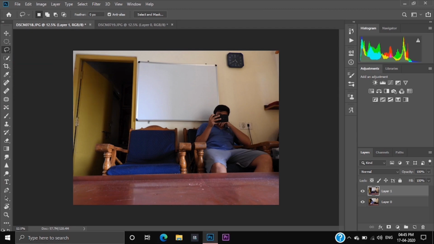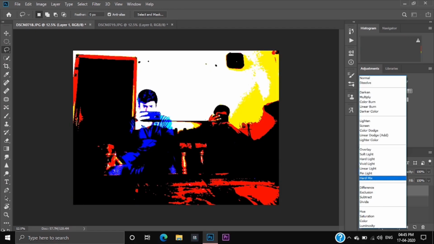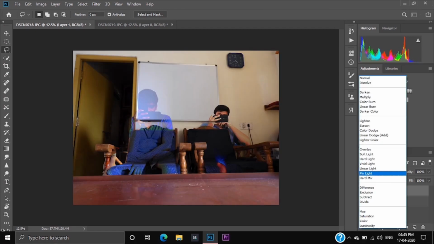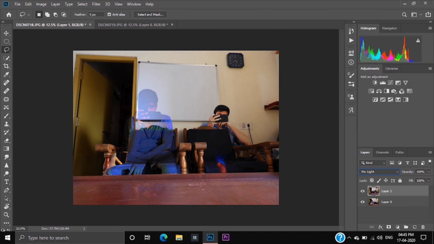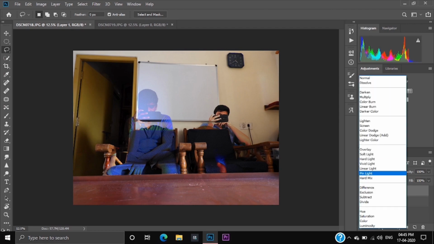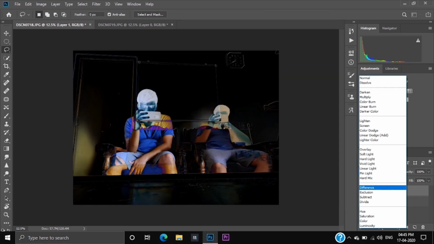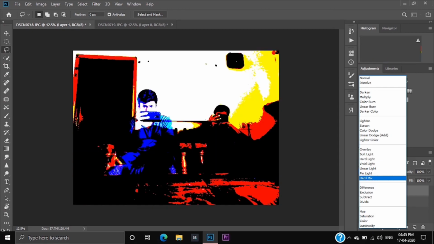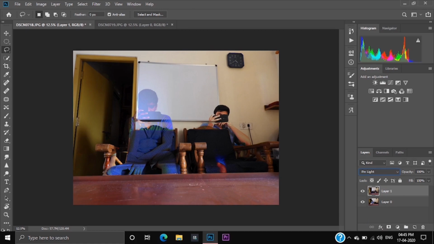Before going to it, go to the adjustment layers over here. Go to soft light or pin light, anything. You have different types of settings for the layer, and this will help you make the selection. I will keep it on pin light, go to the lasso tool and start selecting the areas.